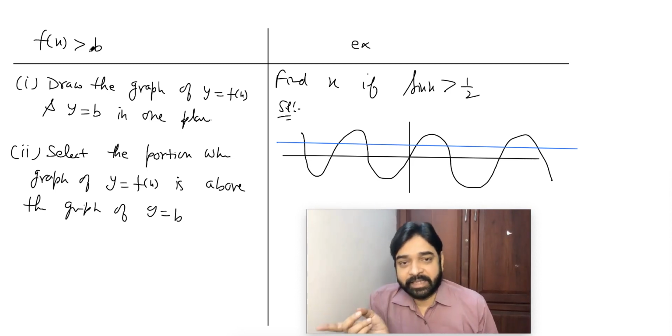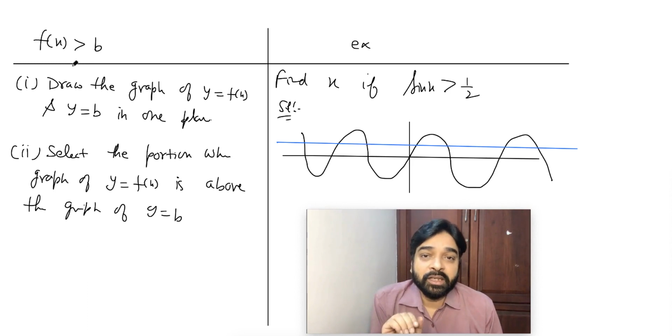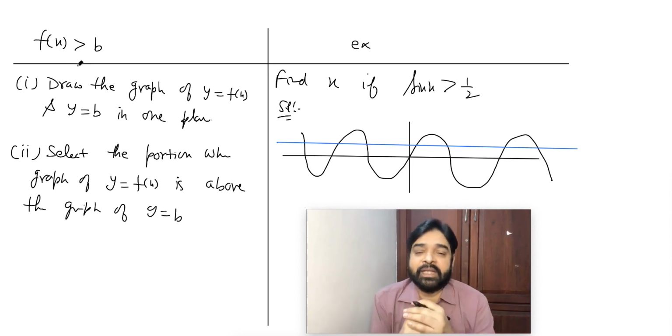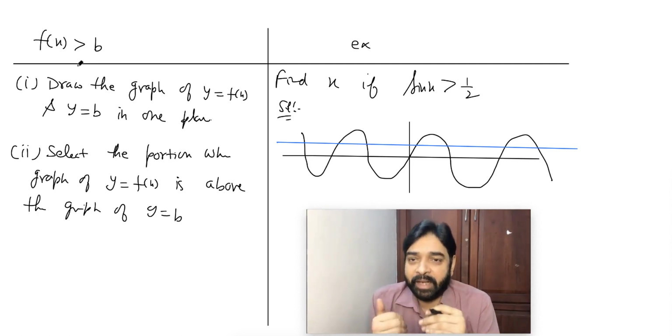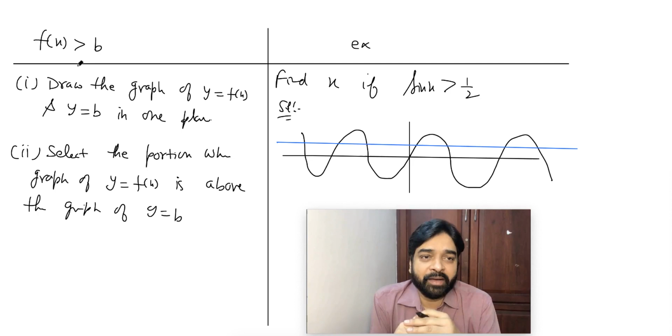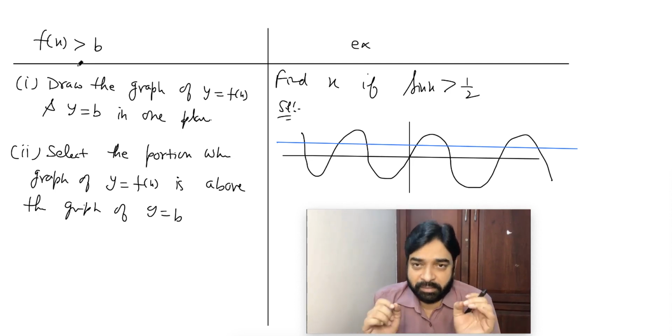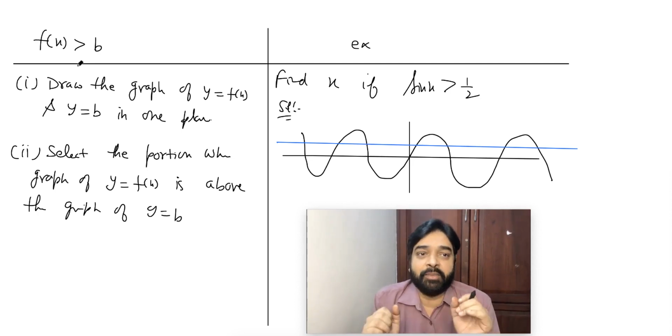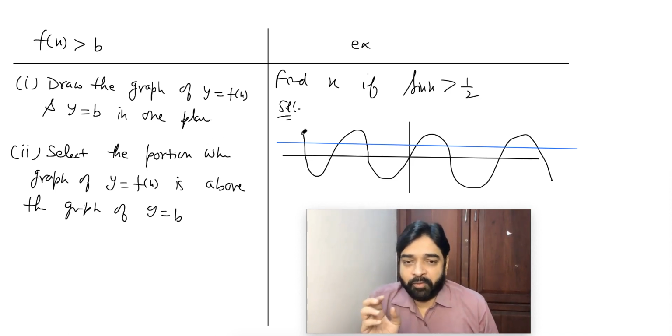If it's f(x) less than b, you have to select which portion? The portion where the graph of y equal to f(x) is below b. Greater than means what? Above, in graph language. Less than means below in graph language. Equal to means what? Intersection point, touching point. Understood the point? Okay. So now for this greater than we have to solve, so we will select the portion